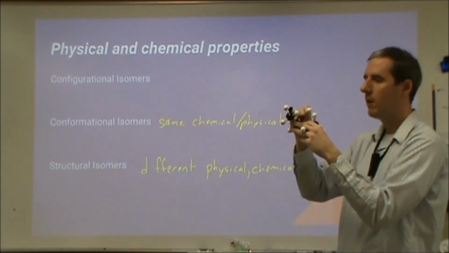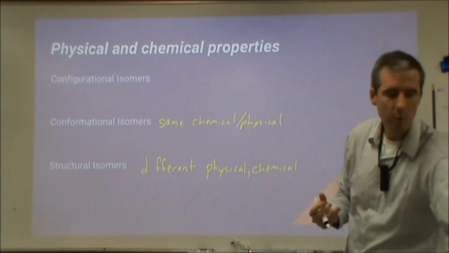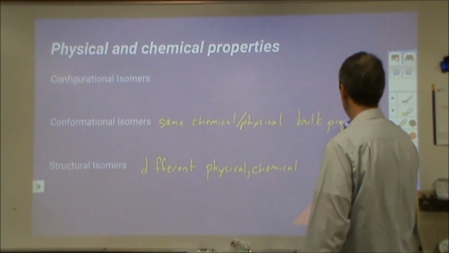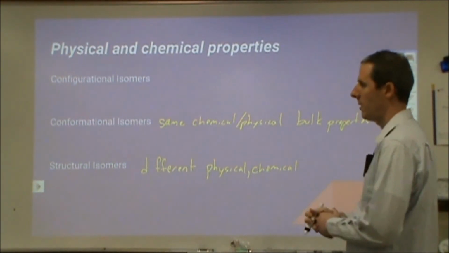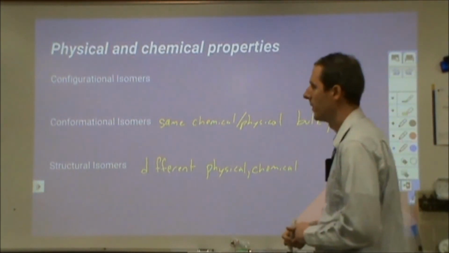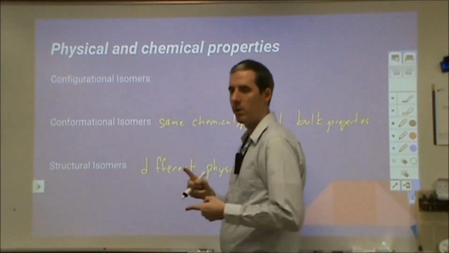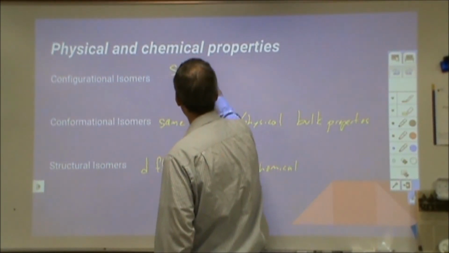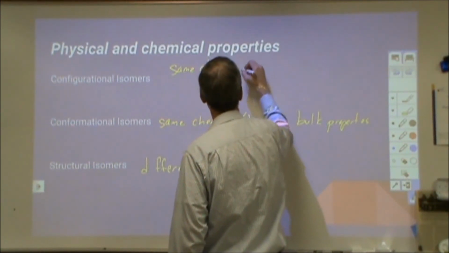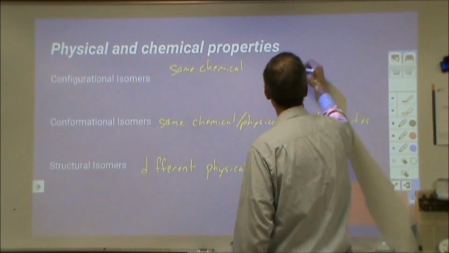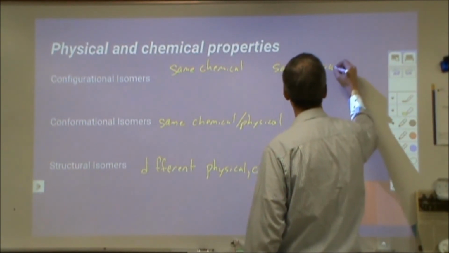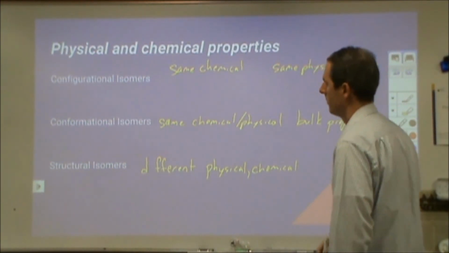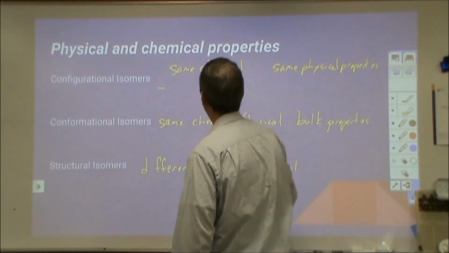There will be energy differences on the single molecule level, but for any bulk properties, those will all be the same because we're looking at essentially the same molecule. We're just doing a rotation. Now, configurational isomers, those are the same composition, same connectivity, so those will have the same chemical properties, and they'll have the same physical properties. There are some exceptions to that. First of all, for the chemical properties,